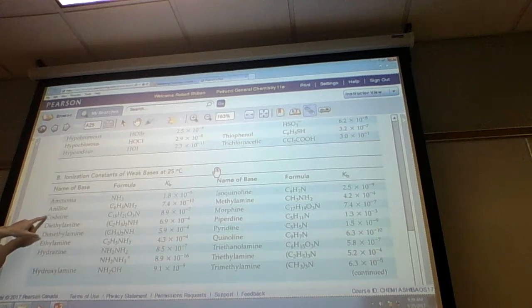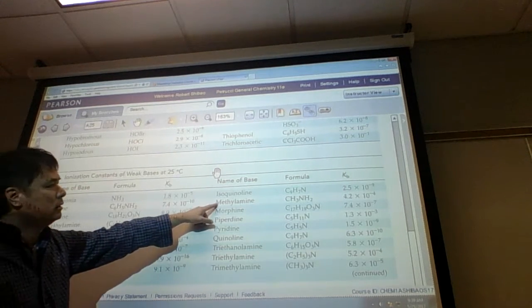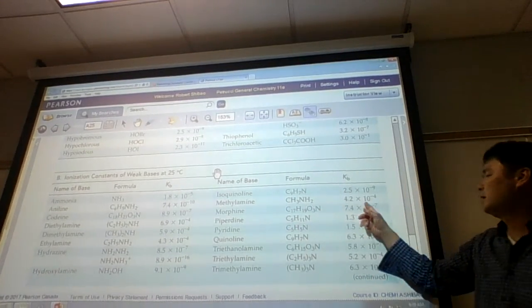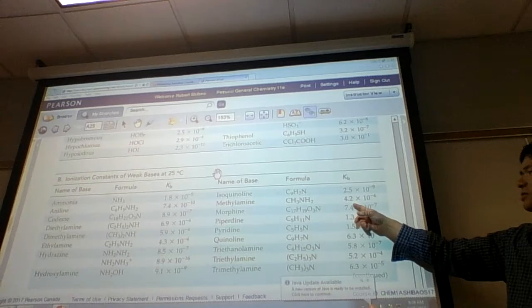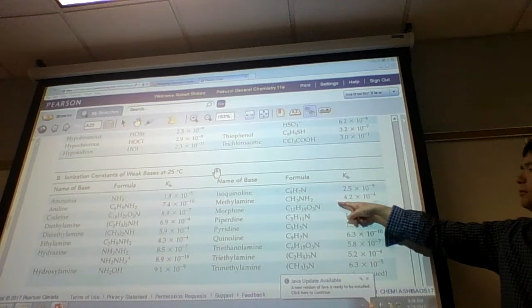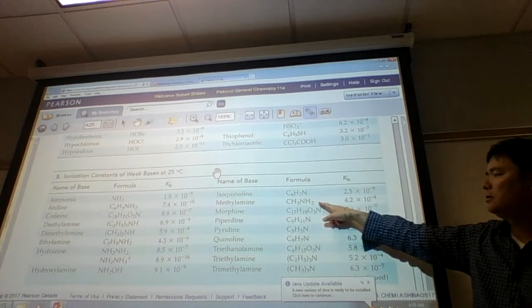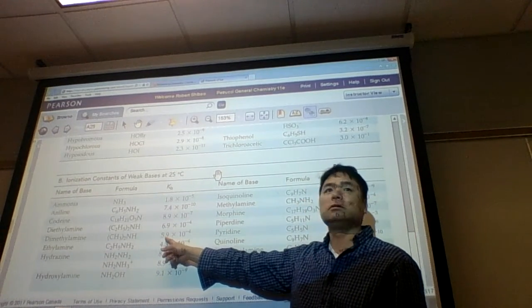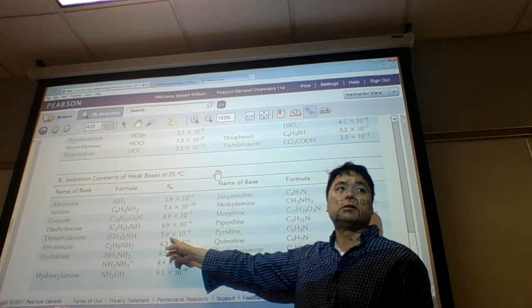Then we looked at methylamine. Methylamine, with the methyl group here, is 10 to the minus 4, about 10 times stronger. And then we went from methylamine to dimethylamine. If you go to dimethylamine, it comes out to 10 to the minus 4,